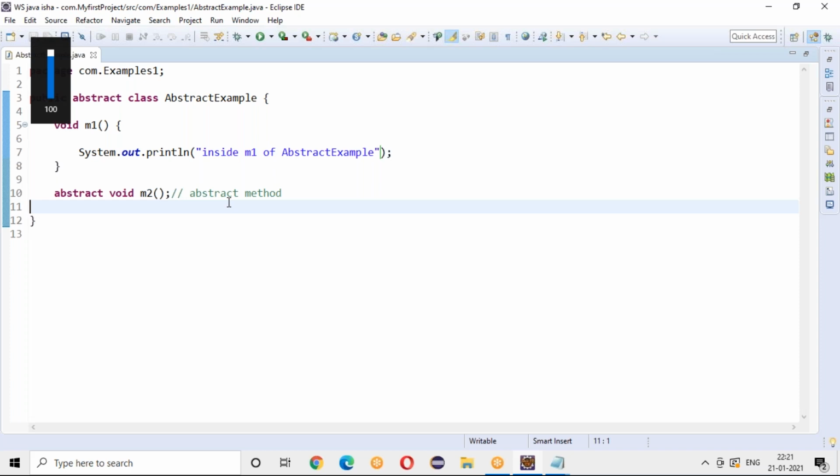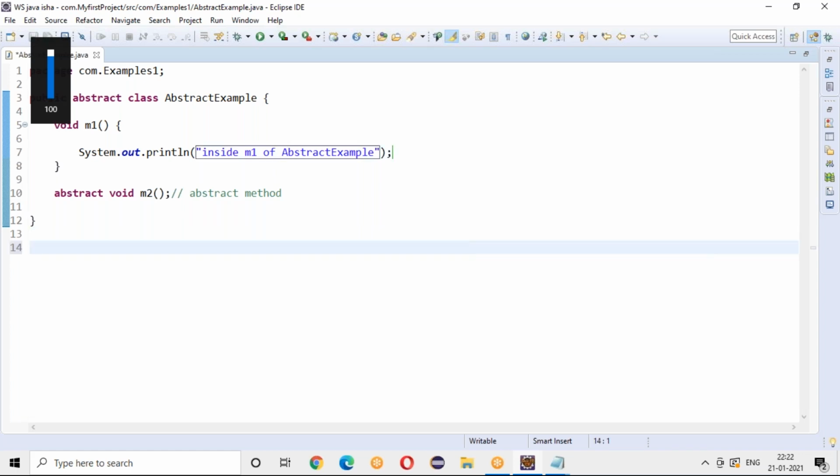So why do we generally go for inheritance? Whenever a class has some properties and the same properties are to be given to another class, we can use the inheritance concept, where we make a relationship between these two classes by making them parent and child. So this problem can be answered by using the inheritance concept. It means I need to write a class which extends that abstract example. For sure, your abstract classes will have child classes.